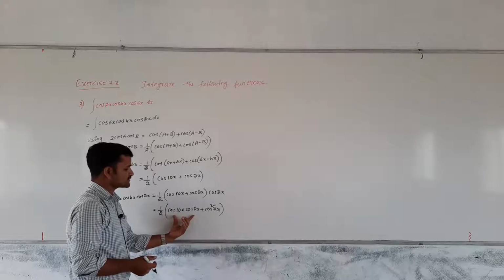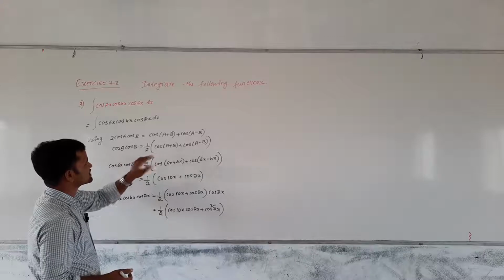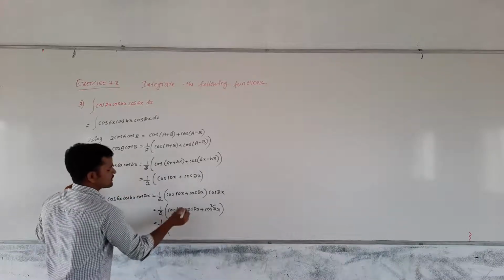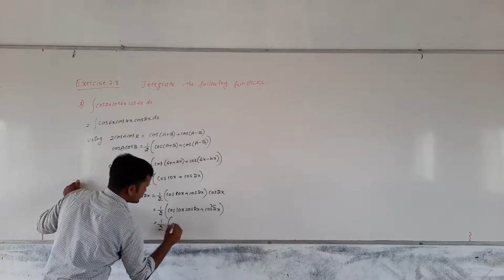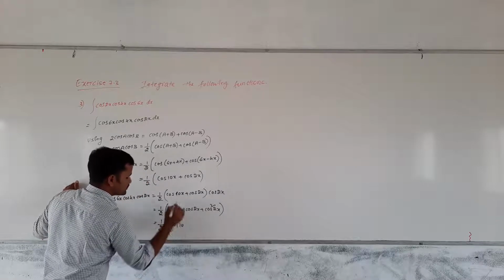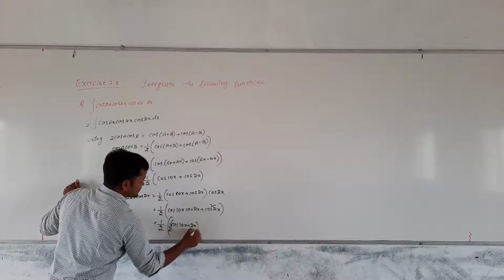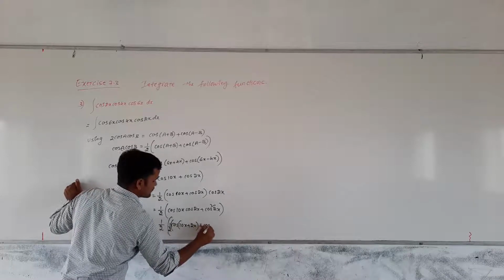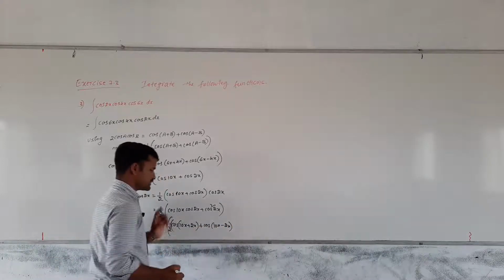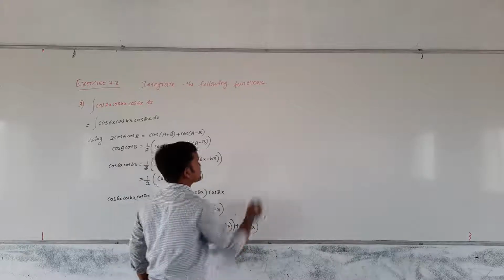Okay. Again you see here, cos 10x into cos 2x is in the form of cos A into cos B. Cos A into cos B equal to, once again I will use this formula, 1 by 2 times cos 10x into cos 2x. One more 1 by 2 will come here, 1 by 2 into cos of 10x plus 2x plus cos of 10x minus 2x. This 1 by 2 multiplies to both the terms, plus cos square 2x. Okay.